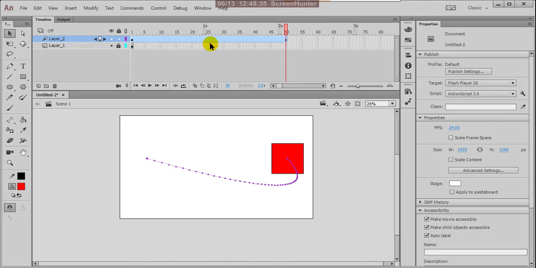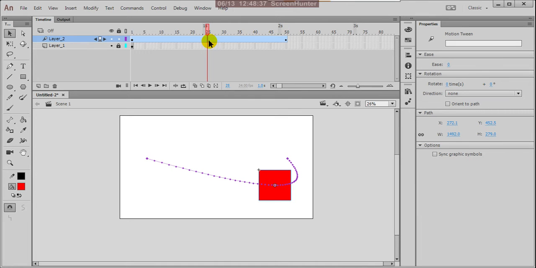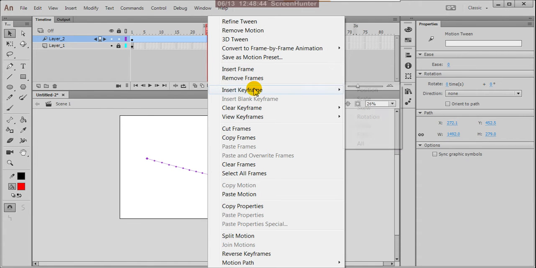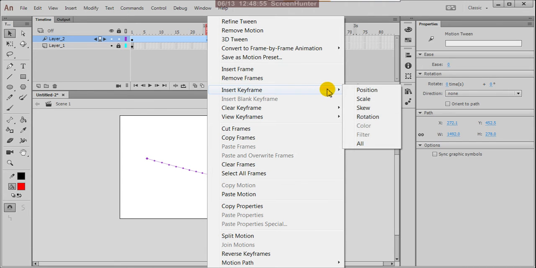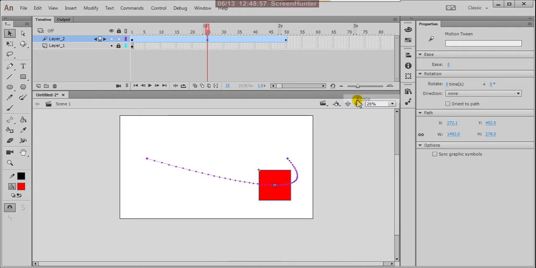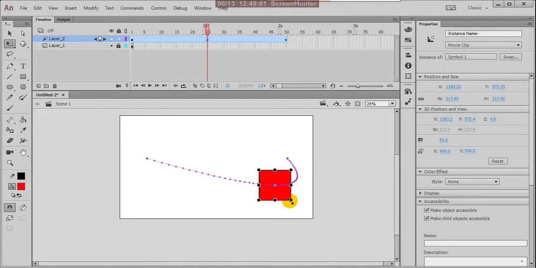Right. But here I want to include one more keyframe. So I just right click on that and insert keyframe. It asks what you want, position or scale. Position I want. Add the position. At the same time, scaling. Suppose here it is a bit bigger.